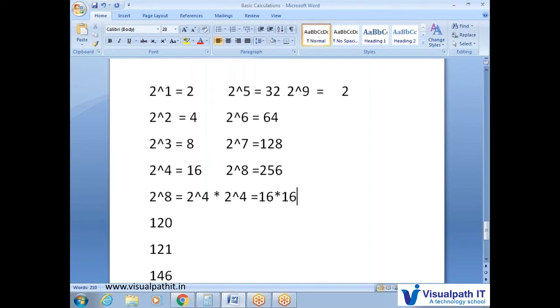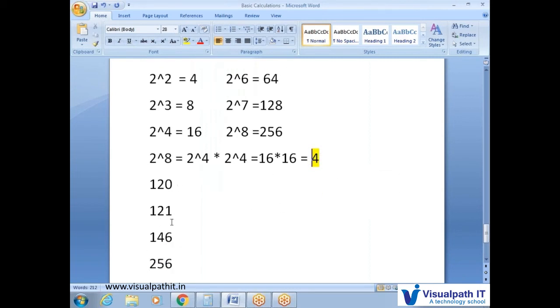Here also there are more calculations, but go for the digital root method. 16 is a 2-digit number; convert it into a single digit: 1 plus 6 is 7. Again 1 plus 6 is 7. 7 into 7, 7 sevens, is 49. 49 is again a double-digit number, so 4 plus 9 is 13, and 13 means 4. What is the LHS value? LHS value is 4, and it should equal the RHS values, which are the given options. 121 is not satisfied, and 120 is also not satisfied. First check it: here both have the ending value 6.